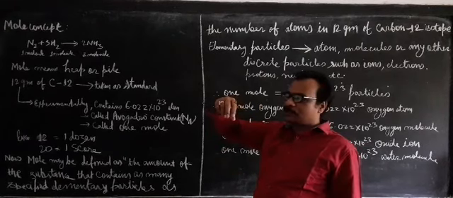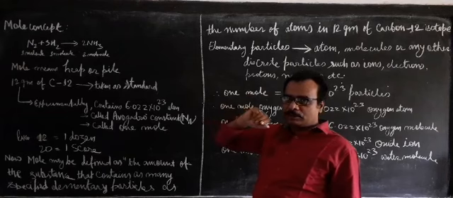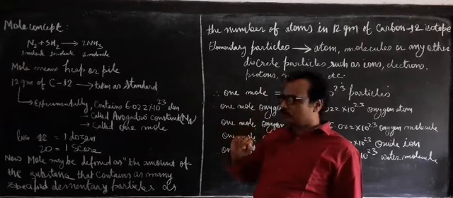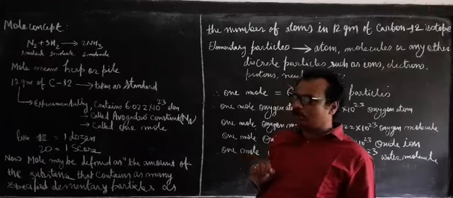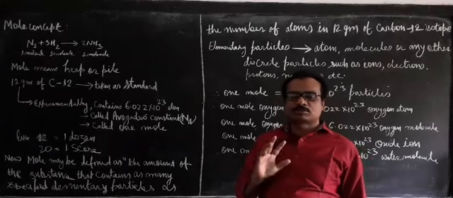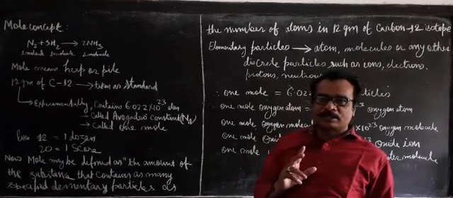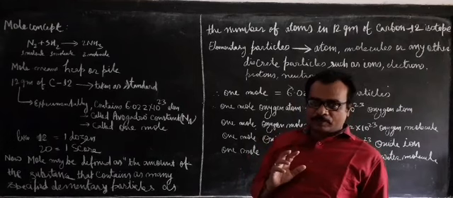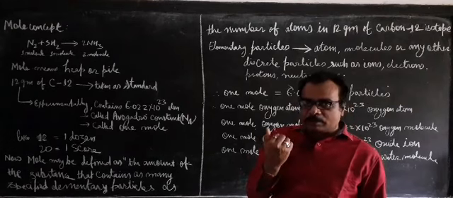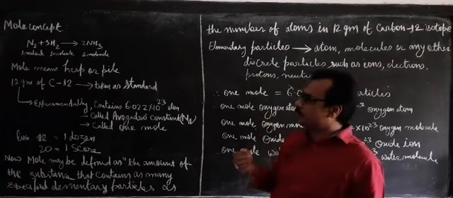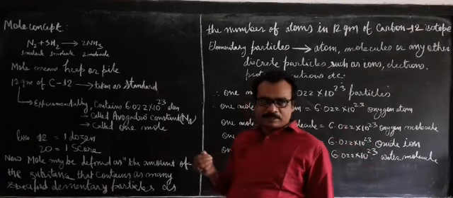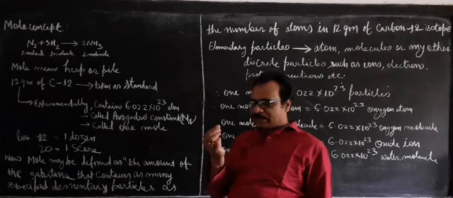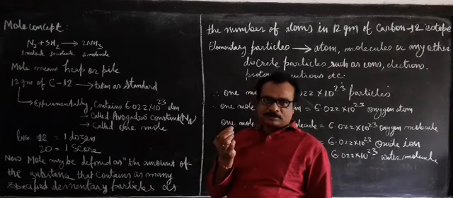You can take it in terms of weight also. But counting of the molecules is very difficult because they are very small in size. They are so small that we are not able to have a look at them. Our eye is not able to see them, so that's why it is not possible to count them. So what do we take in those cases where the particles are very small?